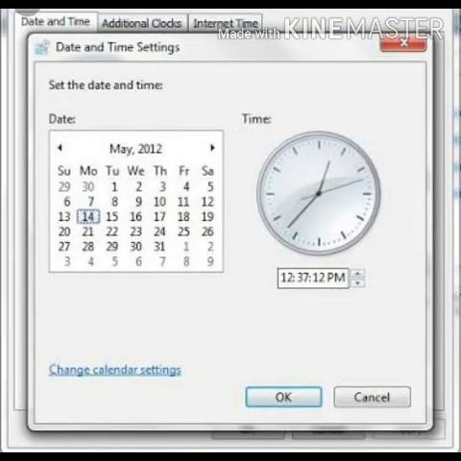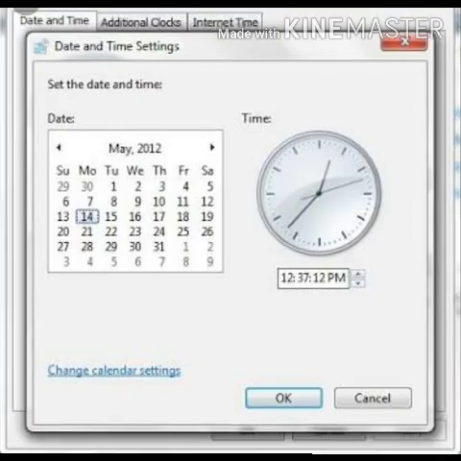Then to change the month, click on those arrows until the desired month and year appear. Then to change the day, click the correct day. Next, to change the time, type the correct time or set the time using arrows. Then click on OK to confirm your change.